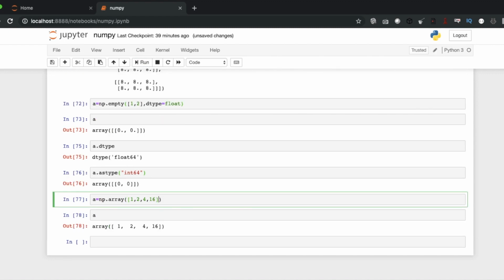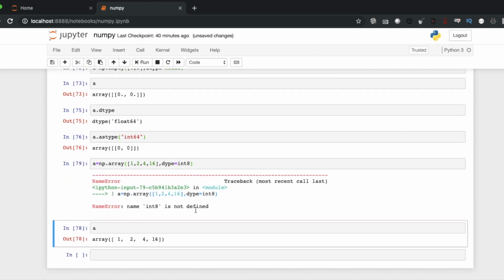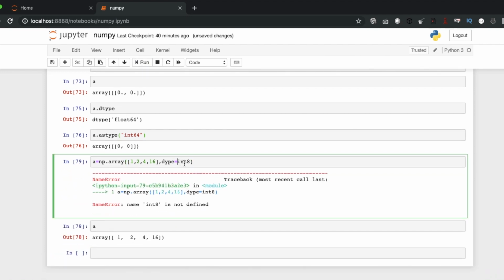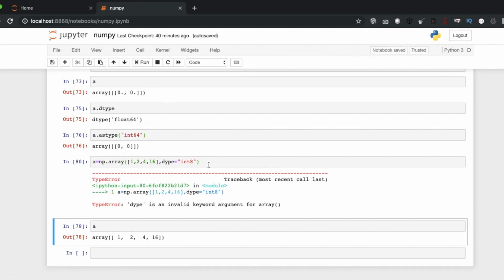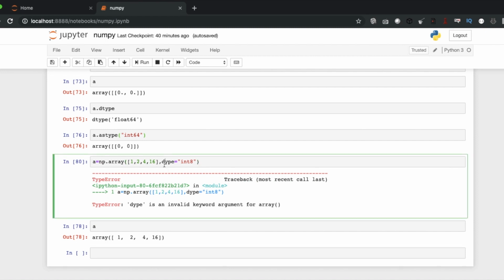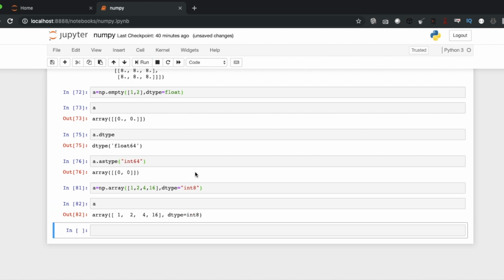Okay, integers not defined, dtype. Okay, so if you are creating an array with a custom data type, it will show.